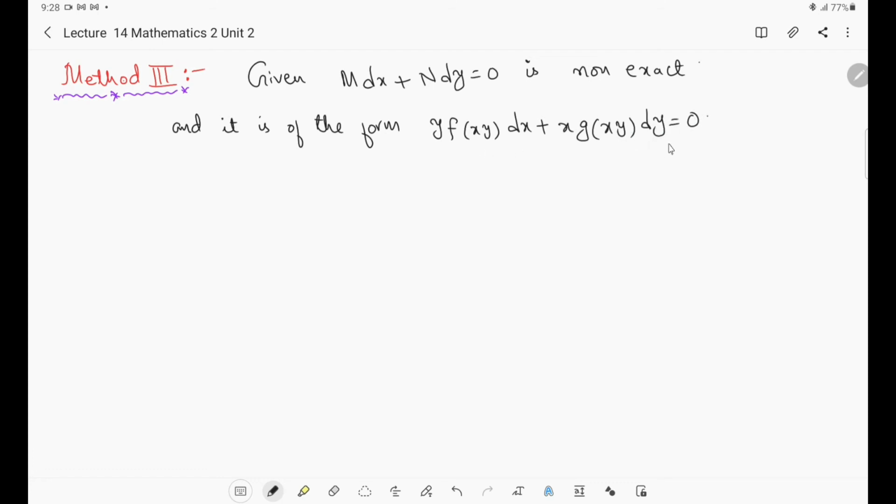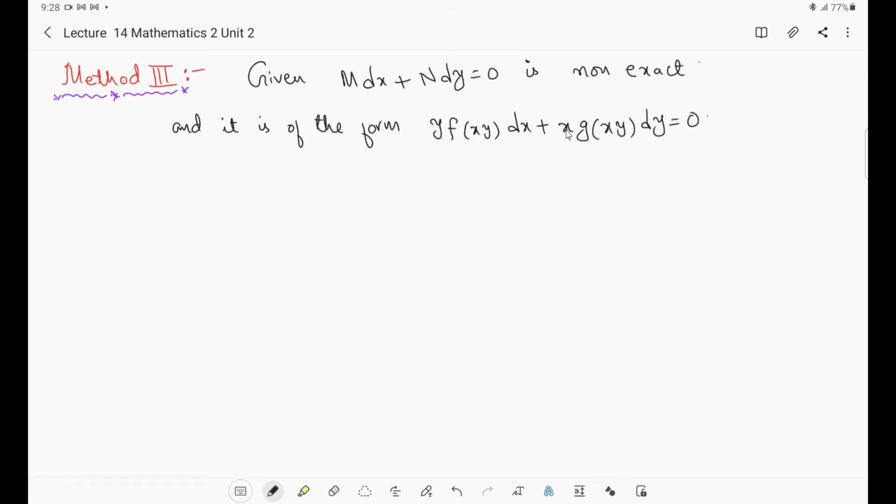If the equation is of this form, what should be there in M? M should be specifically of this form, that is y into a combination of xy. It may be 1 plus xy, it may be 1 minus xy, it may be 1 plus x square y square, meaning xy should behave as a single entity, as a single variable. Here x power 1, y power 2 does not mean a function of xy. A function of xy means x and y both should be together and both should have the same powers, then only we can consider that as a single entity.